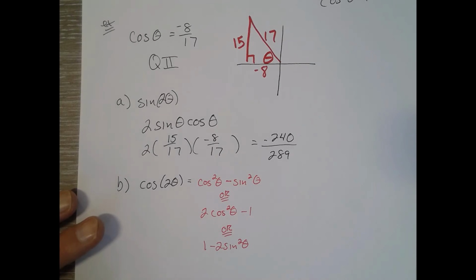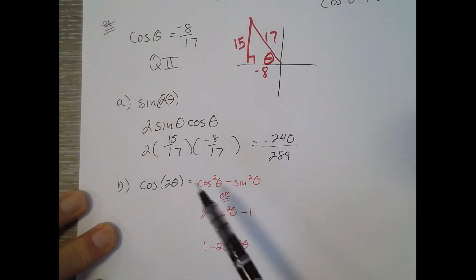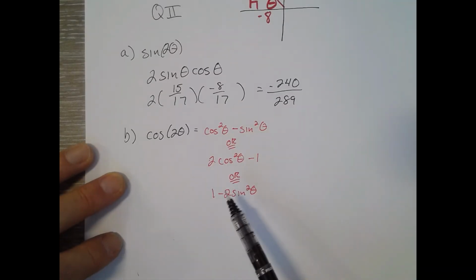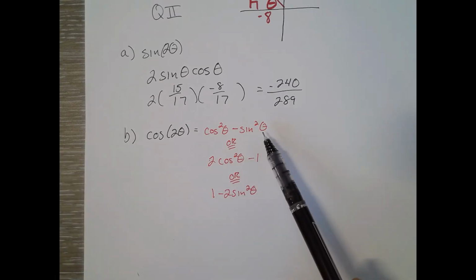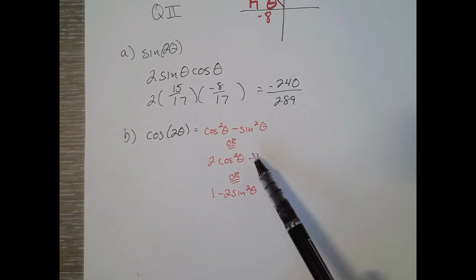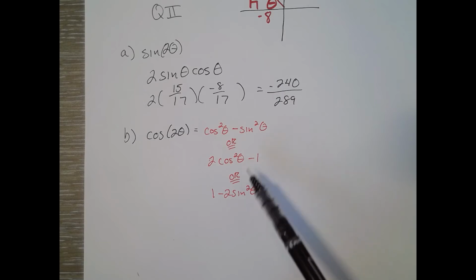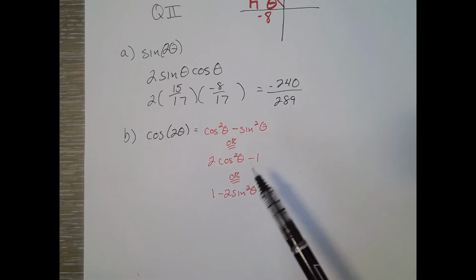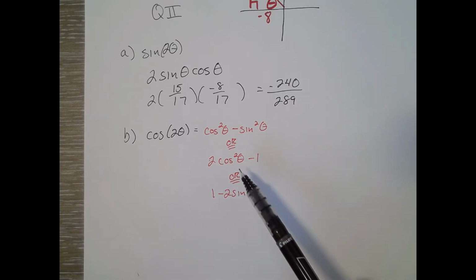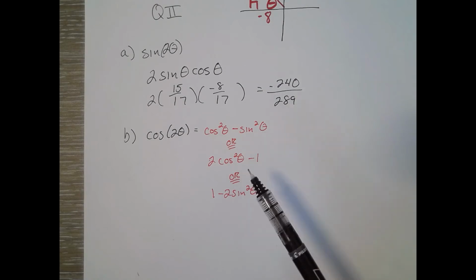All right, so cosine 2 theta, we have 3 options. Did everyone choose the top one? No. Did anyone choose the second one? Yes. A couple people did, and the third one? All right, so the third one's left out. The second one's got a little love. Number 1 dominated. So for me,